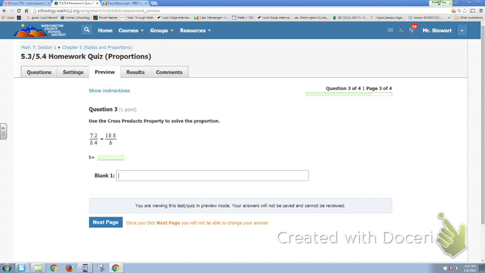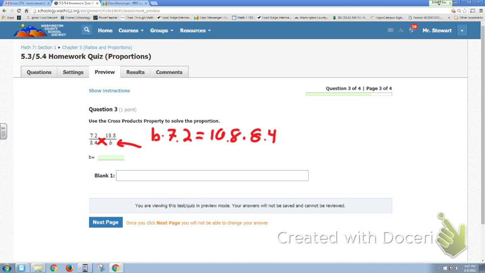Again, this is just more of the same, just asking you to write the answer in the blank instead. So what is B equal to? When the variable is in the denominator, like question 2 and 3, I think the best thing to do would be to use cross multiplication, and you would get yourself B times 7.2 is equal to 10.8 times